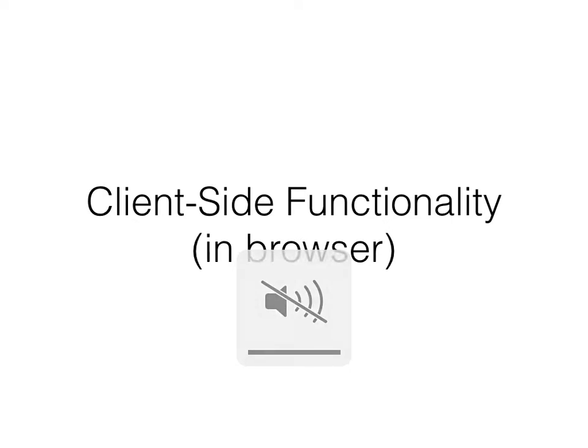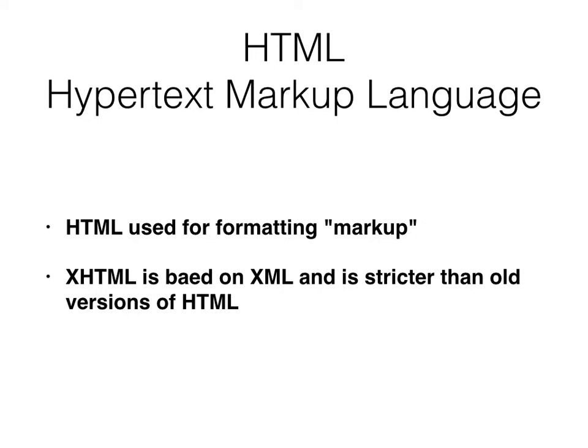Okay, client-side functionality. As you know, HTML is primarily just to mark things up, to show how things should look, move things to the left and the right, make font bigger. HTML is, as far as I know, unique in the world of computing in that you don't have to write the code correctly, which is sort of insane. But you are permitted to make mistakes in the code, and the browser will try to fix it and guess what you meant, which is very disturbing, but it results in a better experience for the user in Web 1.0